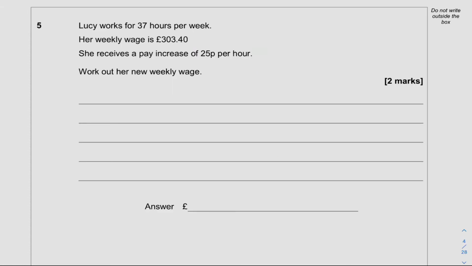Question 5, we are told that Lucy works 37 hours per week, her weekly wage is £303.40, and she receives a pay increase of 25 pence per hour, and we need to work out her new weekly wage. So to work out her hourly rate currently before the increase, what we do is we take her weekly wage, currently £303.40, and we're going to divide it by the number of hours she works in a week, which is 37, and this is going to work out the amount she earns per hour. So when we type this into our calculator, £303.40 divided by 37, we end up with £8.20, so she's currently on £8.20 an hour,